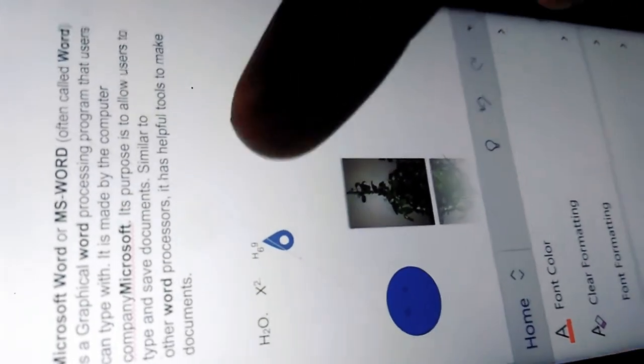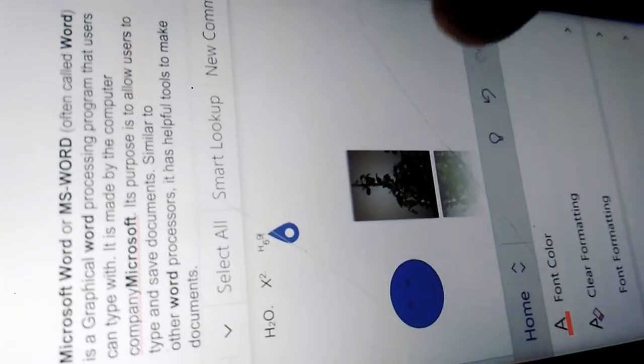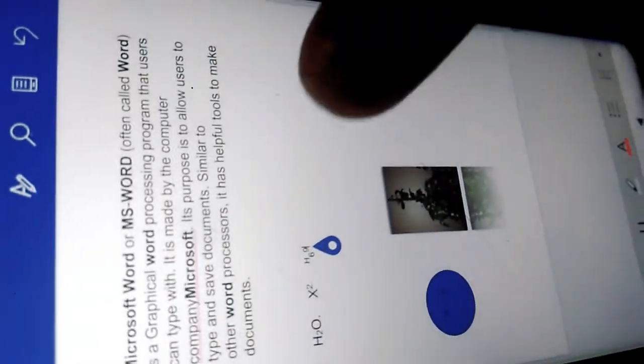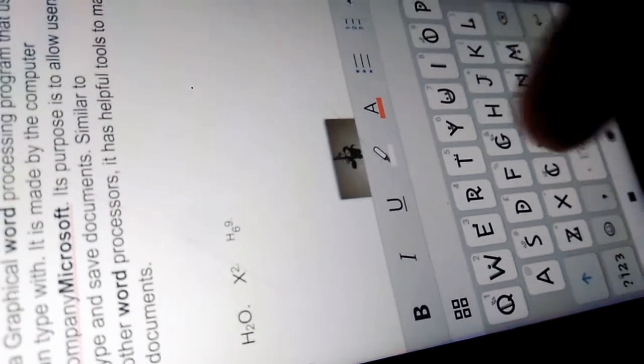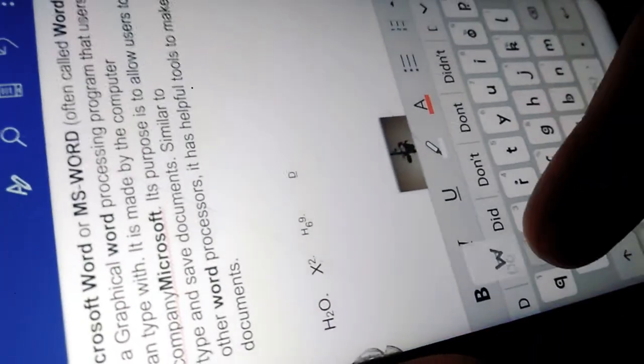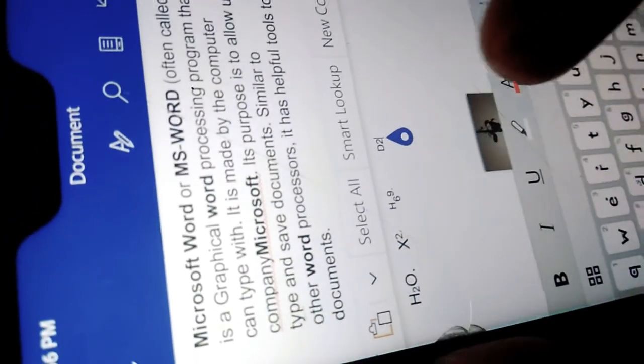Then again, if I am writing something else, I give a space and write D2. First you have to select this text.